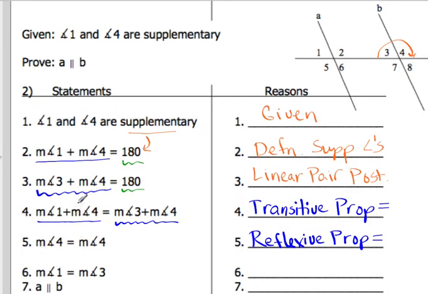And by that, I mean we're going to subtract the angle 4 off of each side, which will leave me with the measure of angle 1 equals the measure of angle 3. So what they're doing is they're using statement 5 to justify subtracting that from each side to get to statement 6. So this is just subtraction